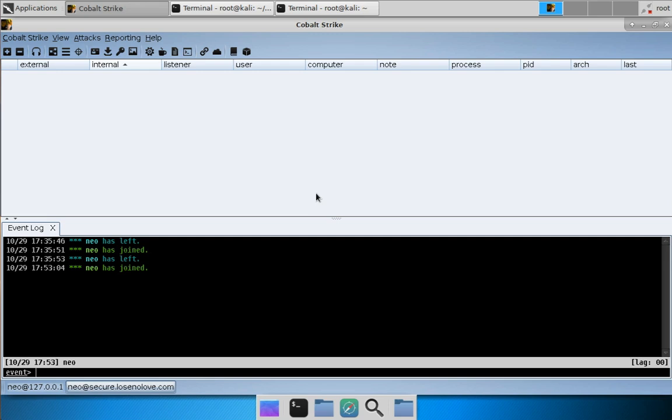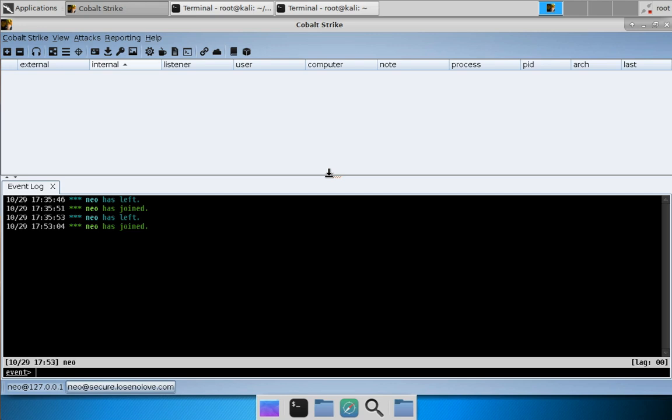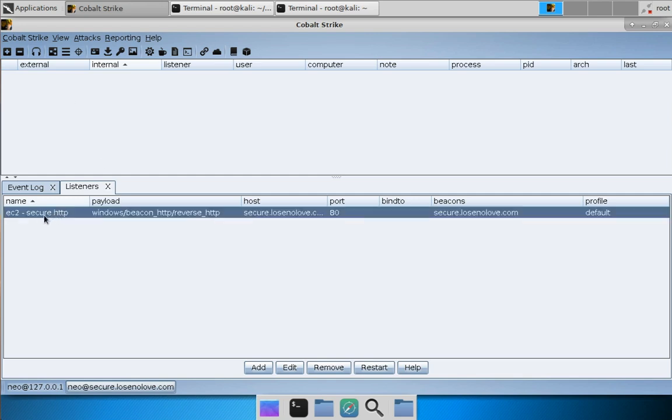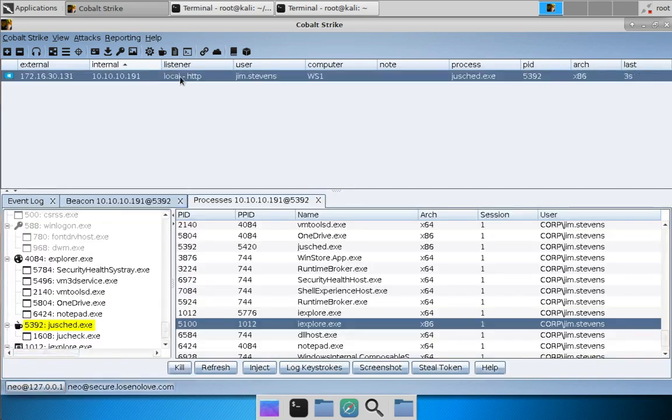And here we are. We are now connected to secure.losenolove.com. If we go to Cobalt Strike listeners, you will see that we have our listener named EC2 Secure HTTP. And again, that is to be descriptive of which server the listener is tied to and how it's configured. Now let's come over to our other team server, right-click Spawn, and